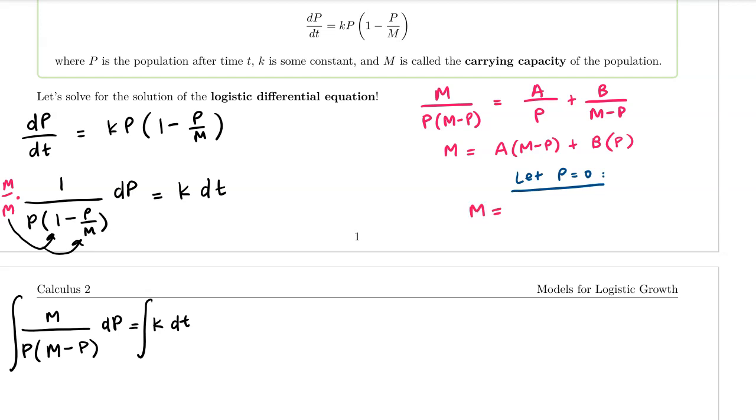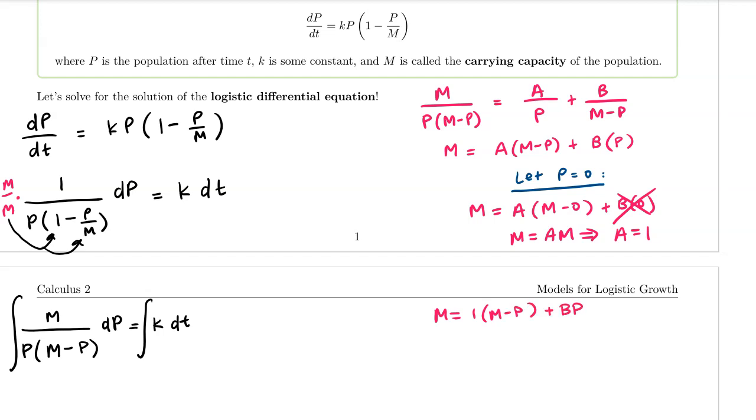If we do that, we get capital M is equal to A times (M minus 0) plus B times 0, and that's equal to 0. So we get M equals A times M, and that implies that capital A is equal to M divided by M, which is 1. All right, so now we have capital M is equal to 1 times (M minus P)